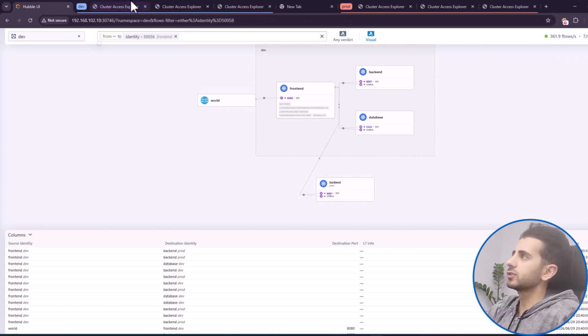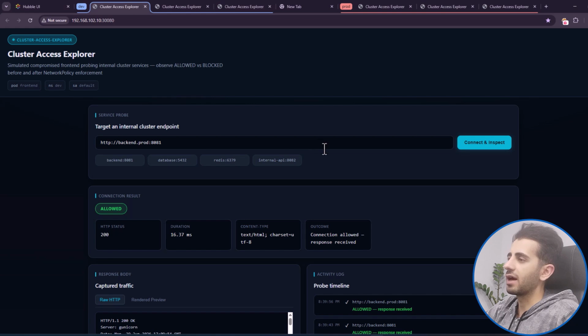and it's working fine because we haven't specified any network policies. So let's write and apply our first network policy. So here